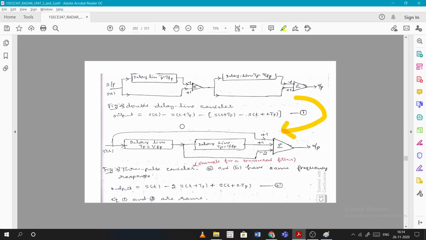So how to get the same result? The first line, if you observe, is s of t, so we should directly get this s of t here. Yes, that s of t line we got. Next it should be subtracted with 1 times s of t plus tp. Actually it is still not simplified. So when we simplify this, it will be s of t minus 2 times,